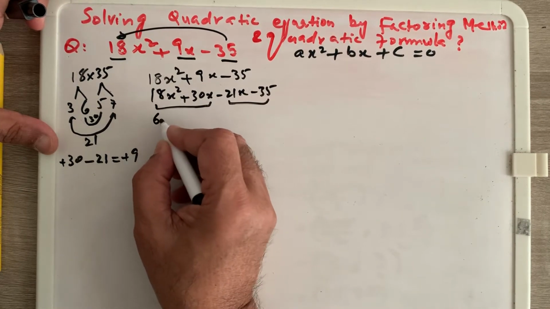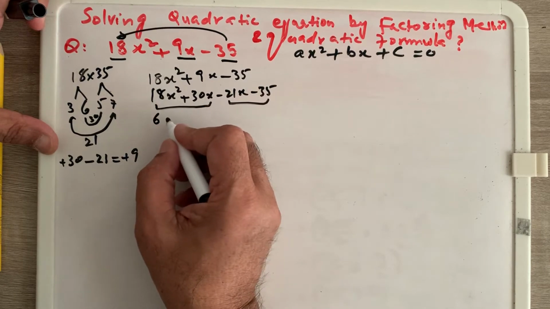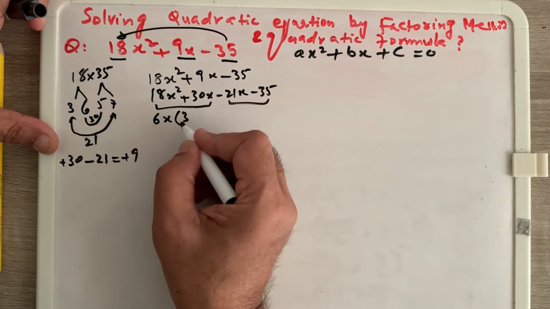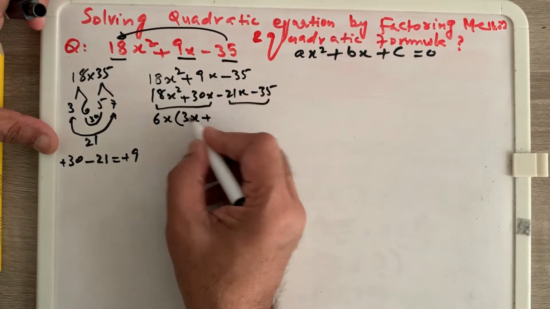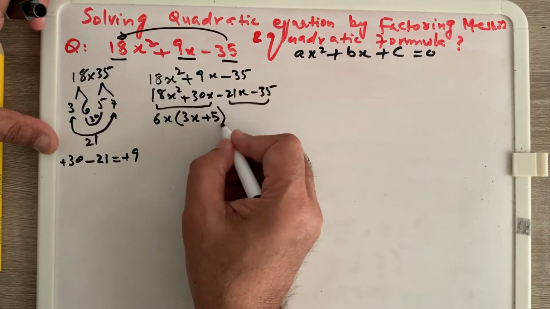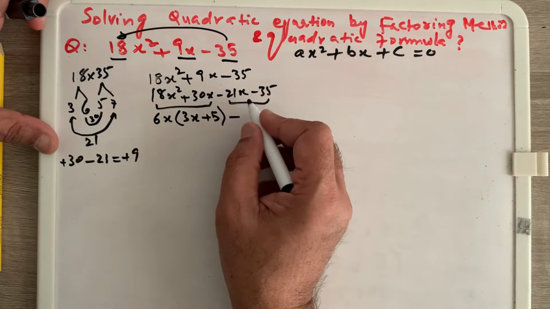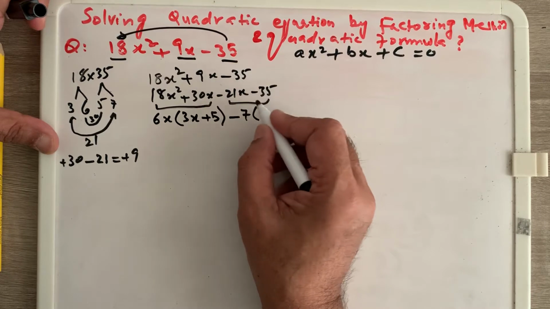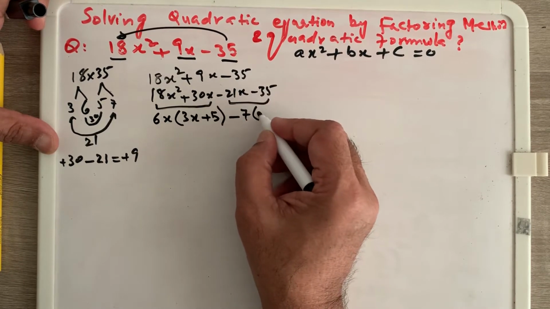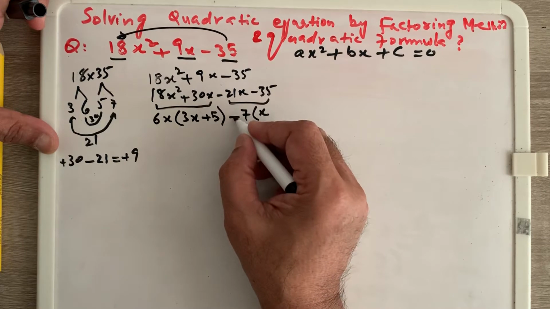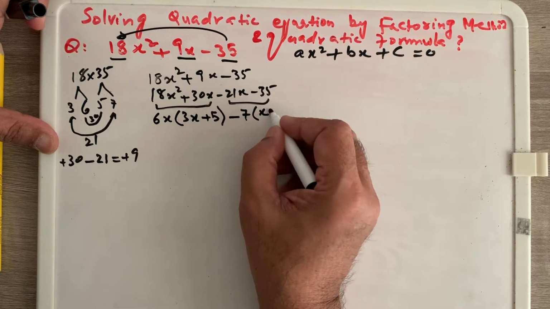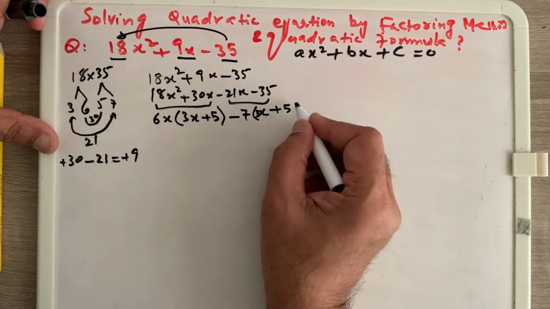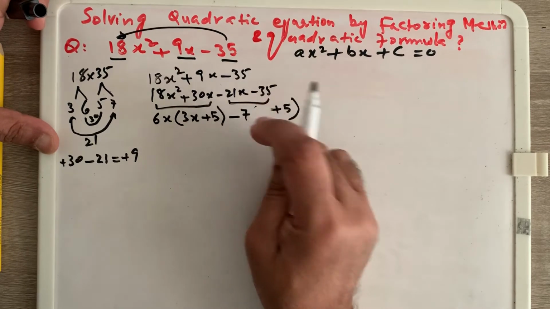So we take out 6, because 6 divides both the numbers 18 and 30, and x is also common. So 6 times 3 is 18, so I am left with 3x plus 6 times 5 is 30, so I am left with 5. In this pair, I have 7 times 3 is 21 and 7 times 5 is 35. So I can take 7 common, and what I am left with is x. Because of this negative sign, the inside sign will change. So it will be 3x plus 5. 7 times 3 is 21. So neatly, 3x